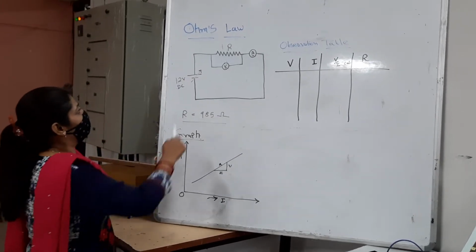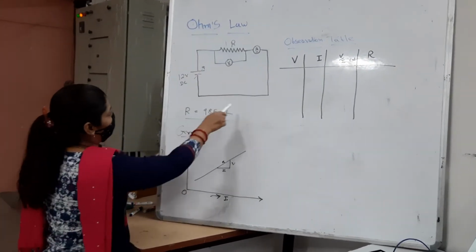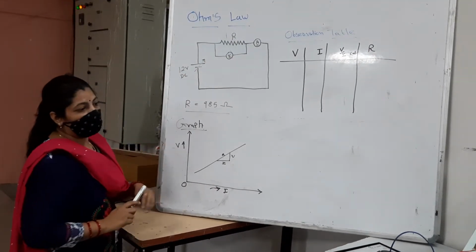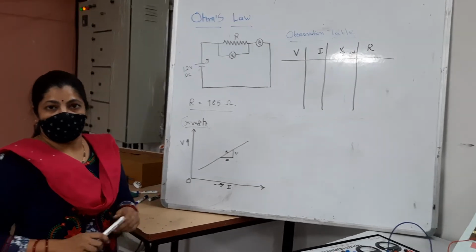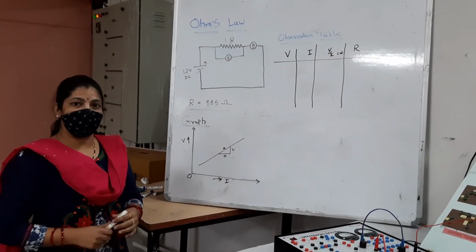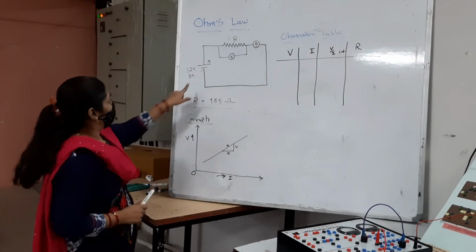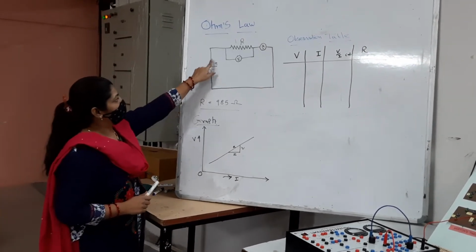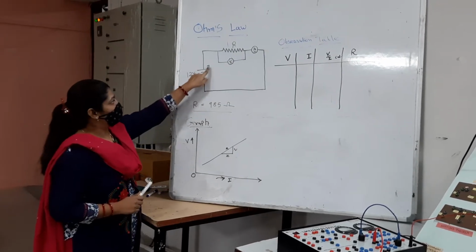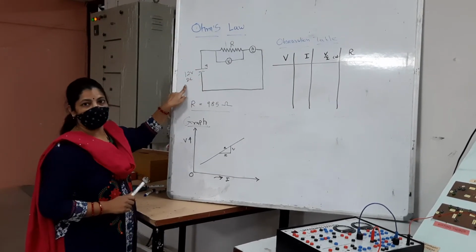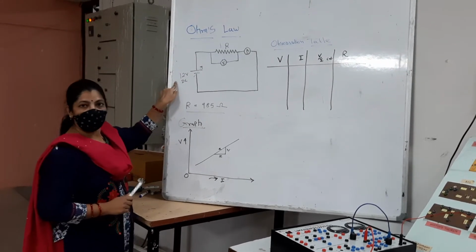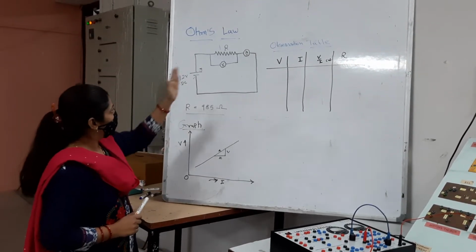That's why, as far as the circuit diagram is concerned, resistance R is used, and right now the value of resistance selected for the experimental purpose is 985 ohm. As you can see, here we are using a variable voltage source, and the symbol itself suggests that it is a DC voltage source which allows us to vary voltage from 0 to 12. Move to the next part.